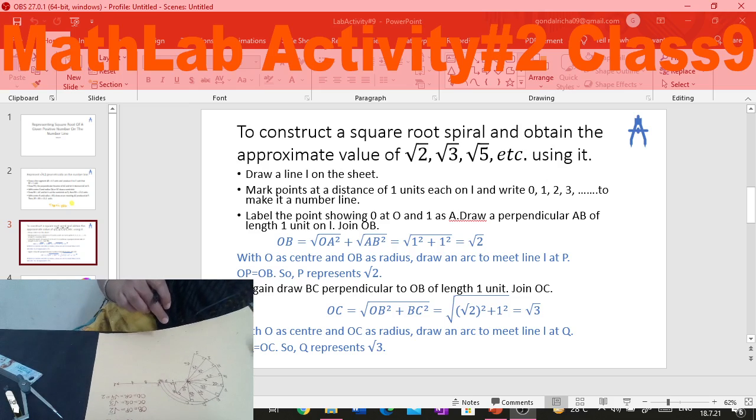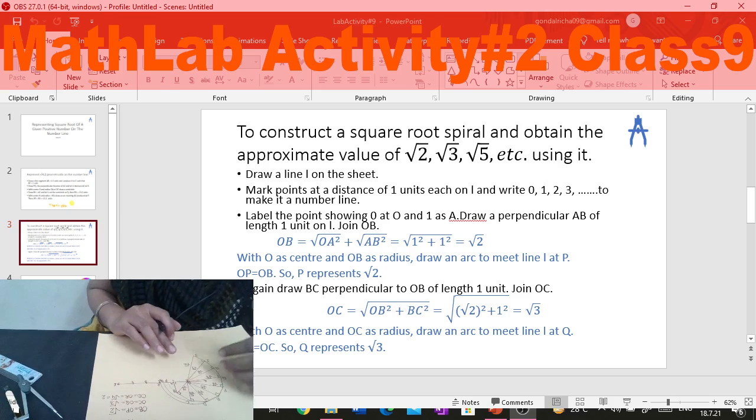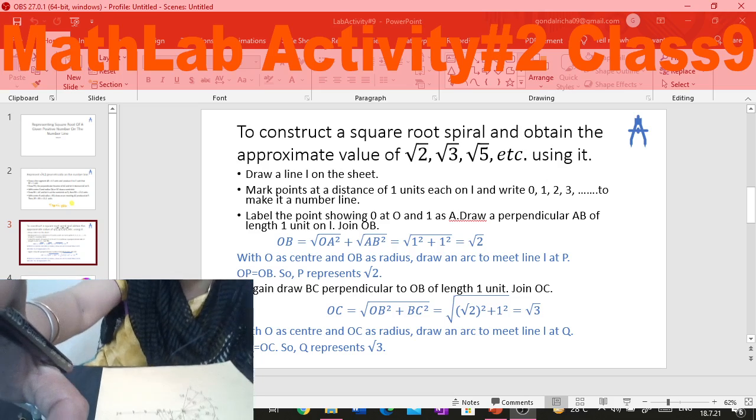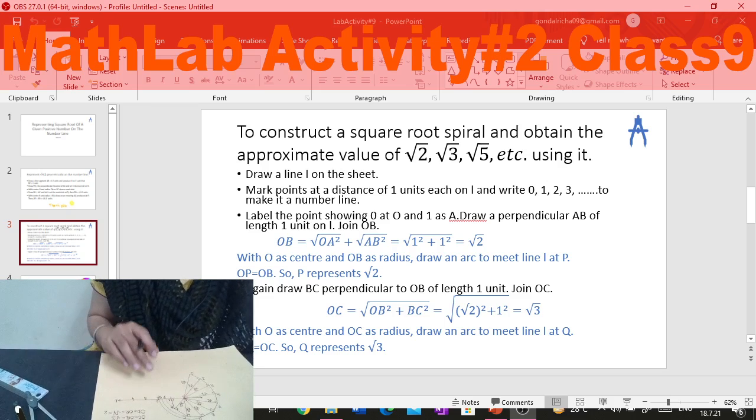Now you will be wondering, ma'am, okay, this is a spiral design, but what is the use of it in real life? So my dear students, there are plenty of uses of this design in the art and architectural field. You can draw various art designs, and if you have observed in some buildings, the staircases are in this spiral design. So where did they get this inspiration? This inspiration they have got from nature, as you will find this design in nature as well.